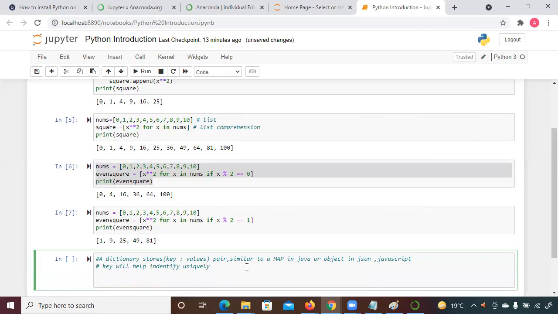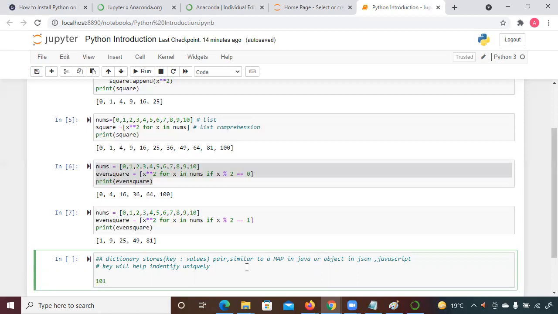One thing big data always says: if I ask you a question, will it be okay if a key is repeating? No, a key cannot be repeated. Correct. Values can.